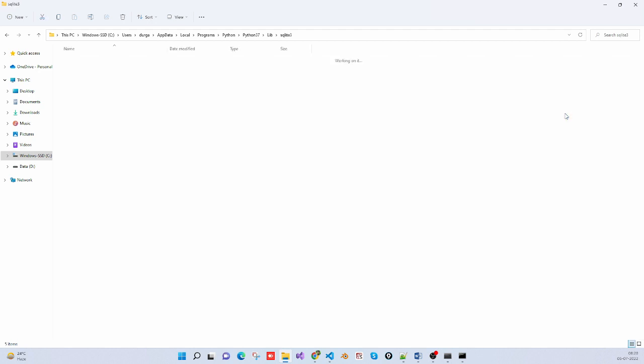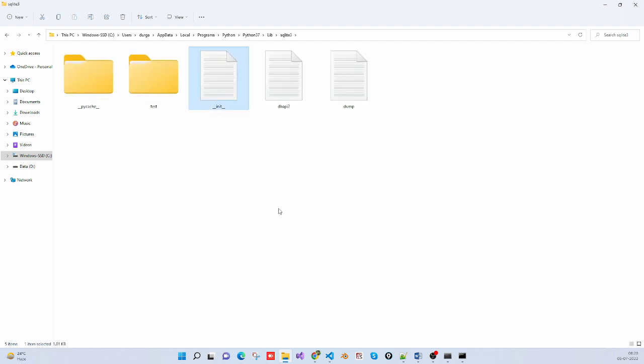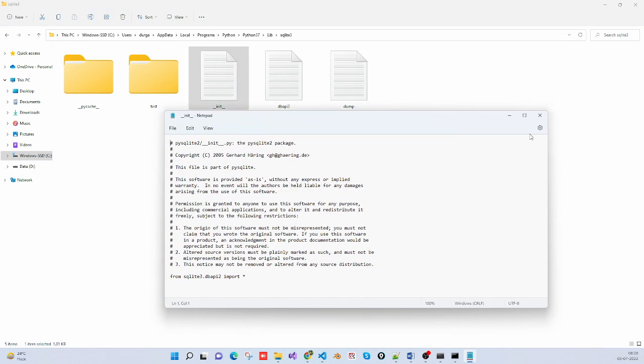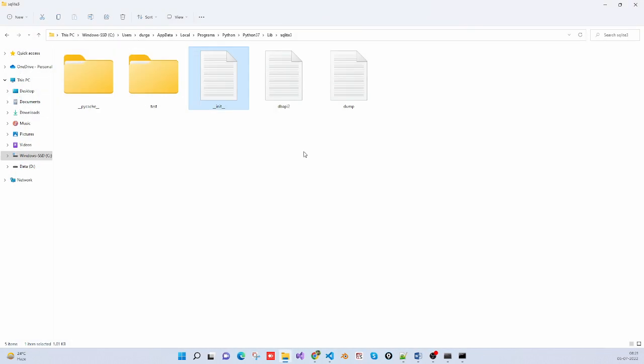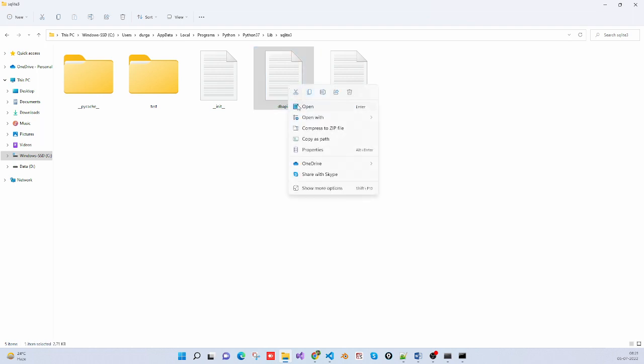If you see here, SQLite is there. Inside SQLite I also have underscore underscore init. If you go inside this one, see, they wrote only a single line. These are all comments only. This single line is an import. From here they connect again to sqlite3 dbapi2. So we need to check where this dbapi2 is. It is here only. Then if you go here and check this,